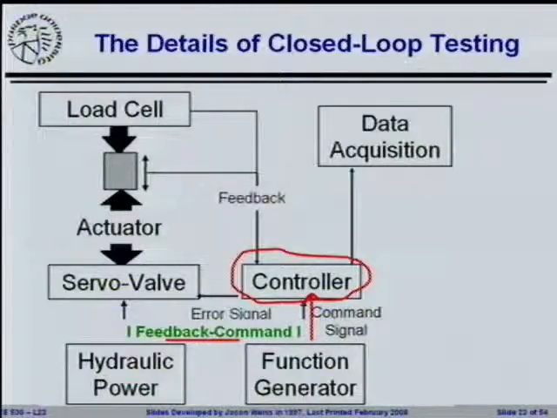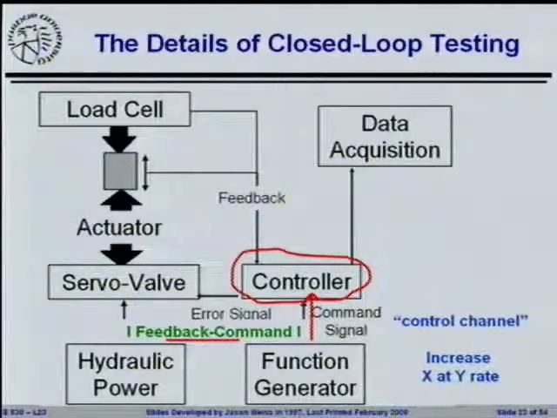And we typically refer to this as the command signal. So we say essentially, we want you to control a particular channel. In this particular case, that may be displacement, that may be load, that may be something else. And what we do is we program into the system, increase something at a rate of something else. Increase force at a rate of 1,000 pounds every minute. So we tell the machine, this is what we want you to do. We program it, we type it into the computer, and we say, this is what you should go ahead and